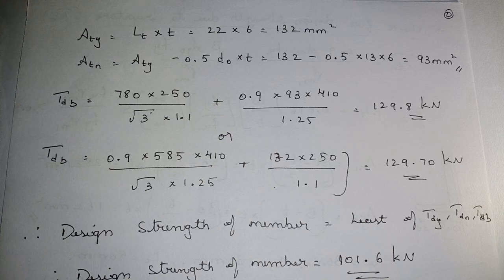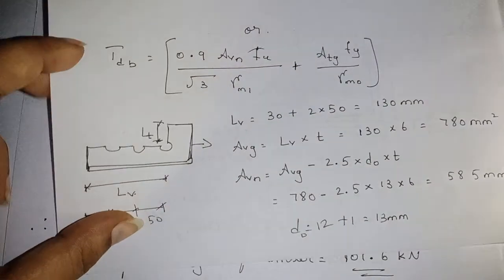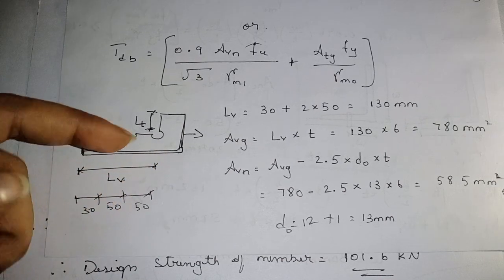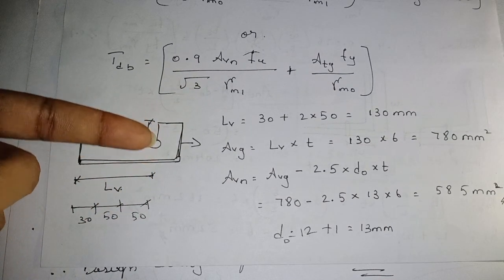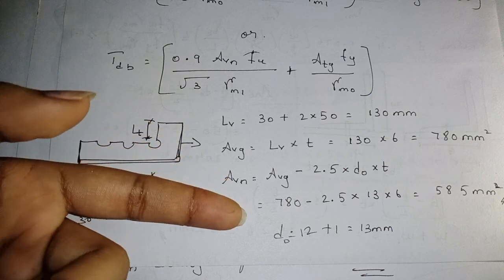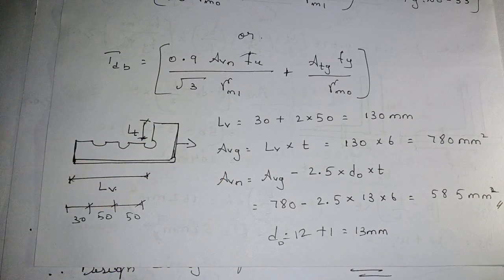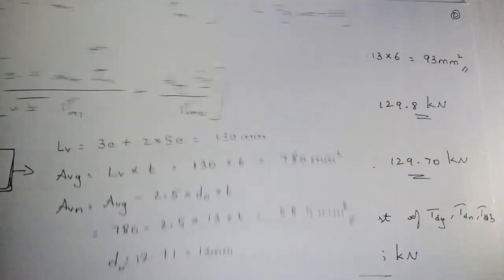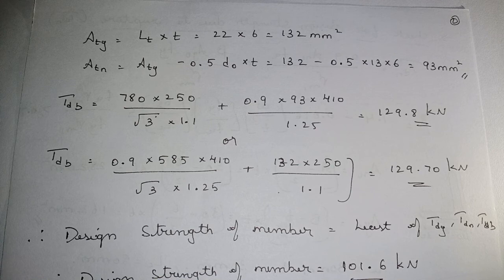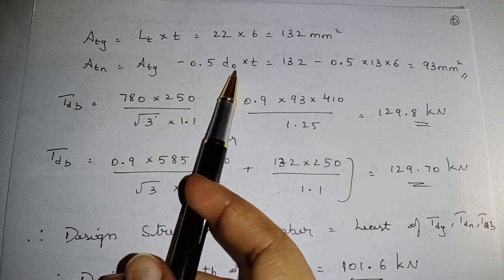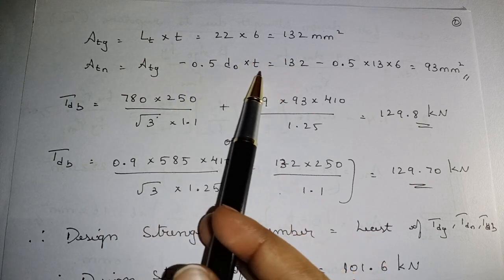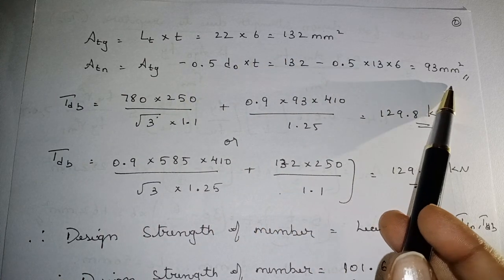Previously what we did, we have already taken 2.5. So how many number of bolts we have? 3 number of bolts, 1, 2 and 3. So in this 2.5 we have already taken. While considering this left out portion you need to take. How much is left out now in the 3 number? 0.5 is left out. That means another half is in the other perpendicular direction. So that is why it is 0.5. 0.5 into D naught into T. Okay. So ATG, D naught, everything you know, substituted, ATN you will get.